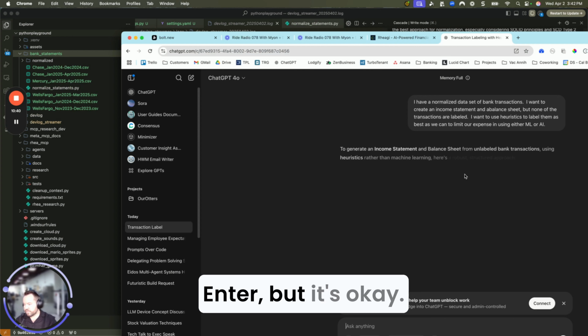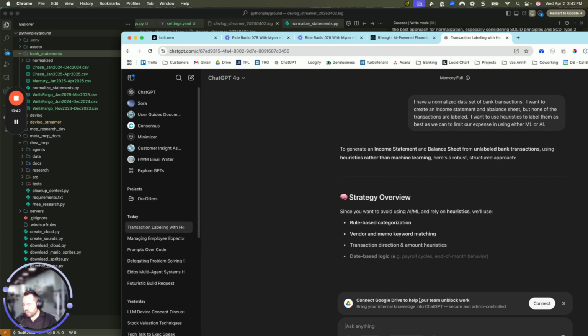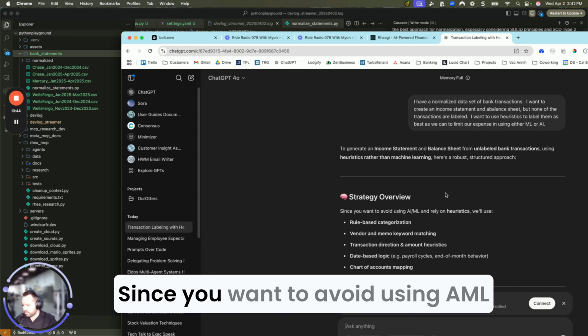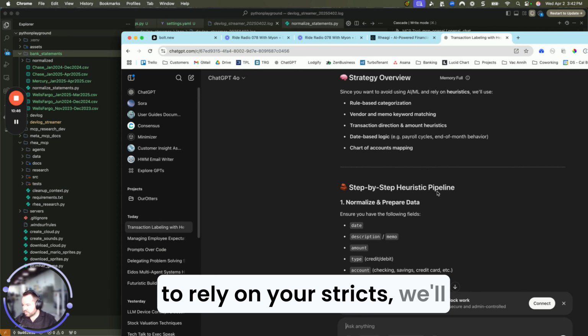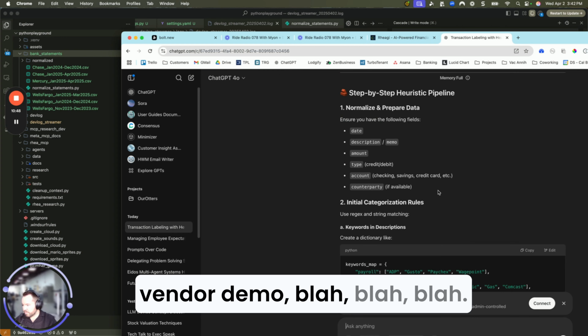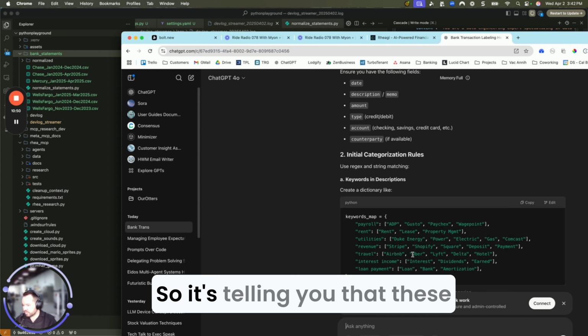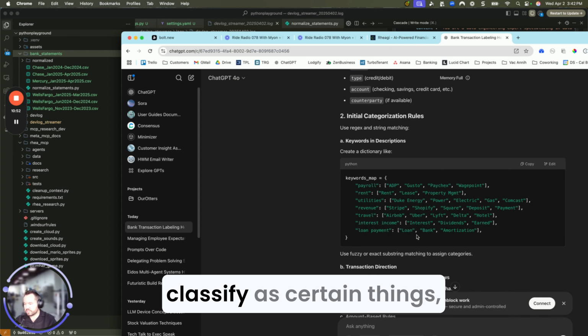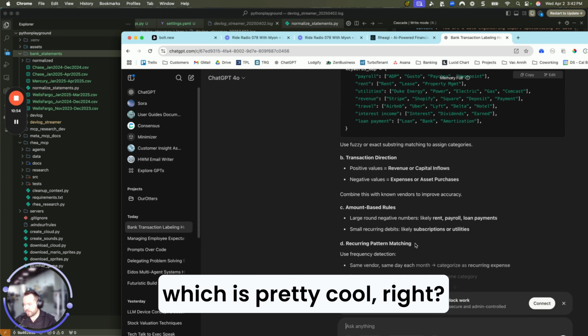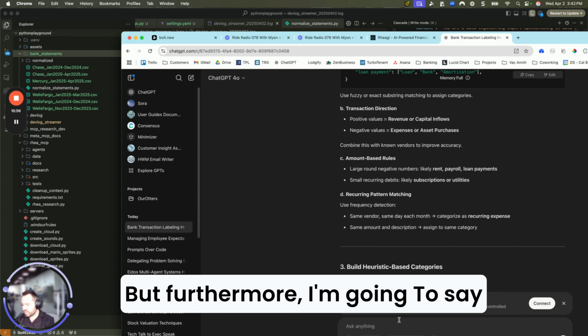I didn't mean to press enter, but it's okay. Since you want to avoid using ML and rely on heuristics, we'll use rule-based categorization, vendor demo, and so on. So it's telling you all the things that it'll classify as certain things, which is pretty cool, right? But furthermore, I'm going to say